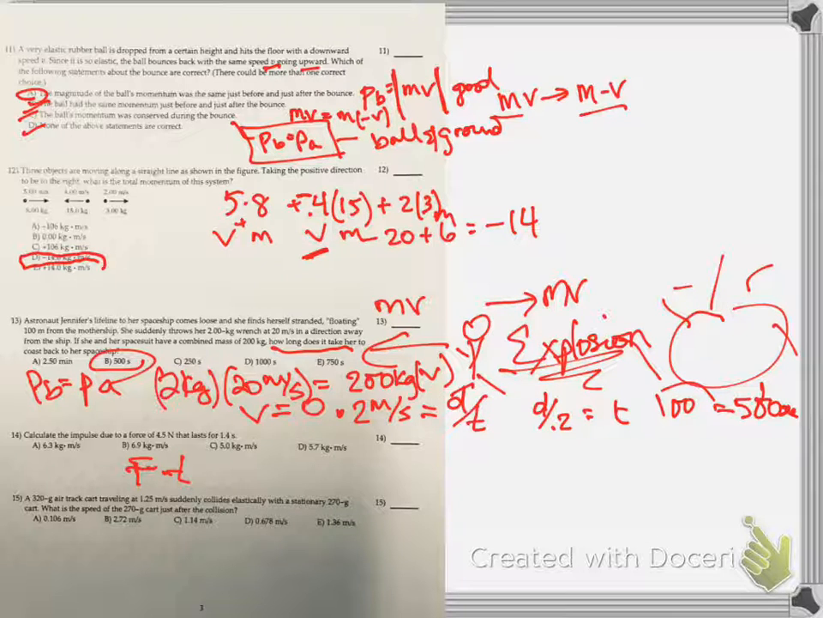Calculate the impulse due to a force, so F times t. It's nothing like these questions getting easier. They're usually supposed to get harder. You do the math. I think you get 6.3. There's that one. And the last question on this page,